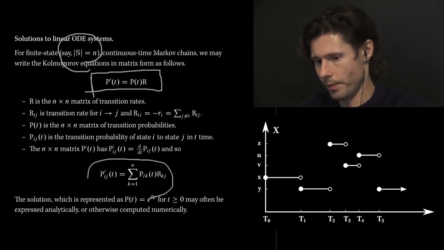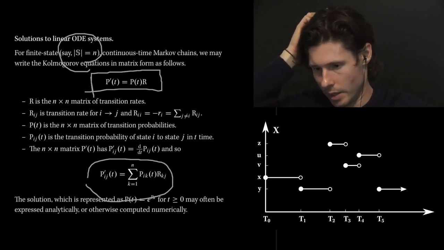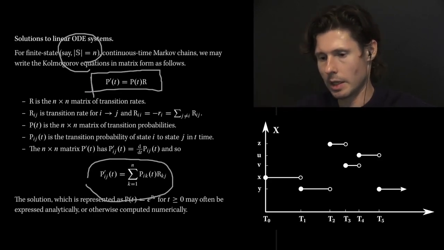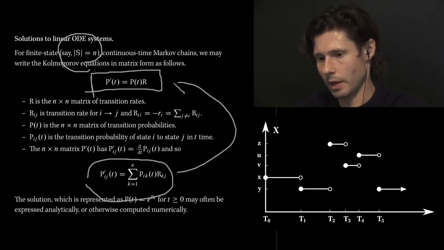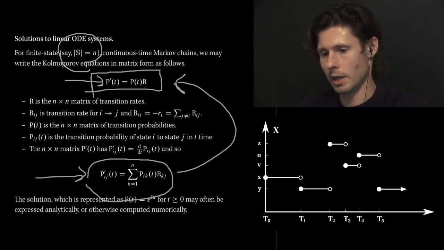Here they are. The sum here represents taking the dot product between the ith row of P and the jth column of R. And so these two equations are one and the same. The only difference is that the ones here are prescribing entry by entry. So this would be the ijth entry of this side of the matrix, and the same thing goes for the